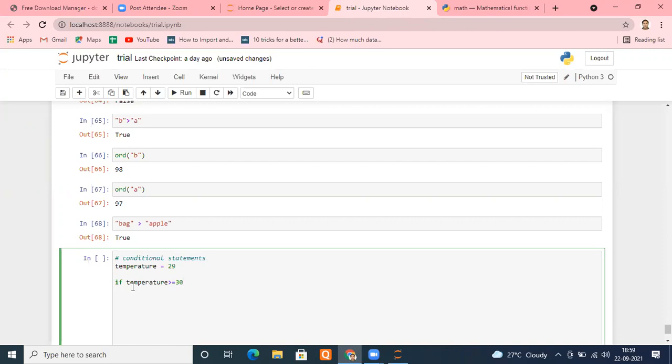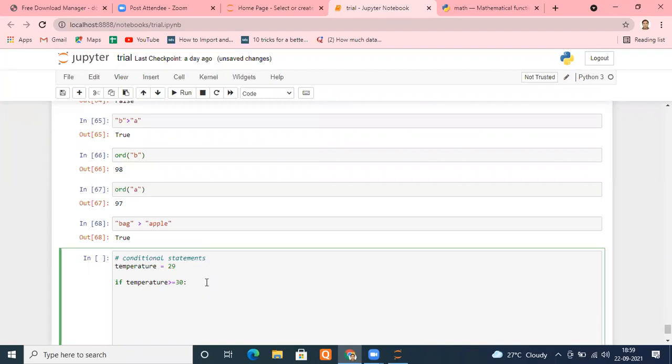Of course, this particular expression is going to return a Boolean value. If this condition is true, it will return true, else it will return false. Is it fine? So after writing your expression, put a colon. Don't forget to put the colon.